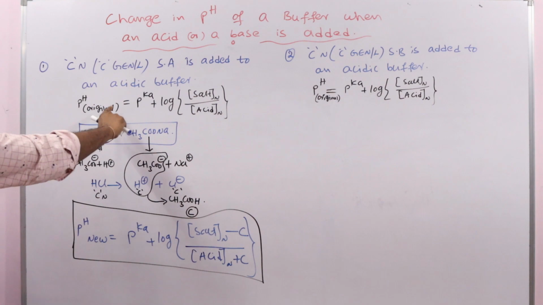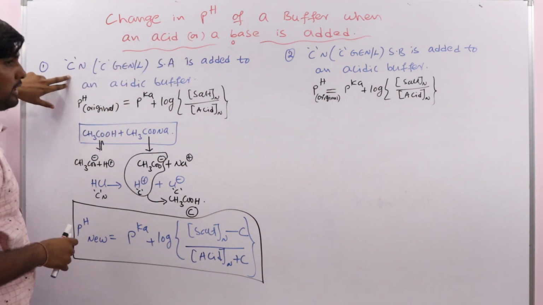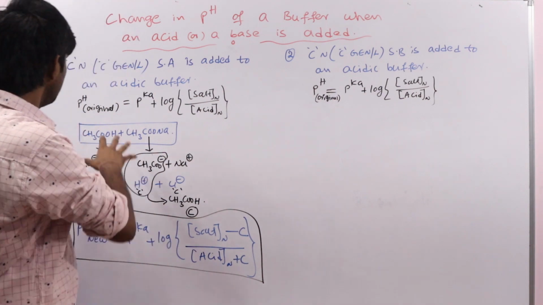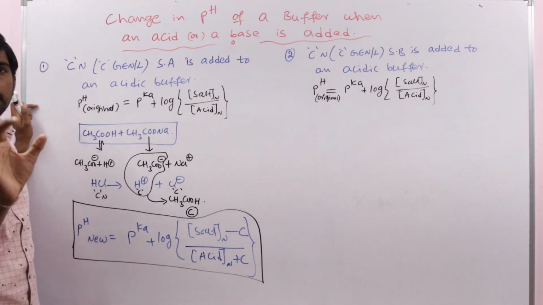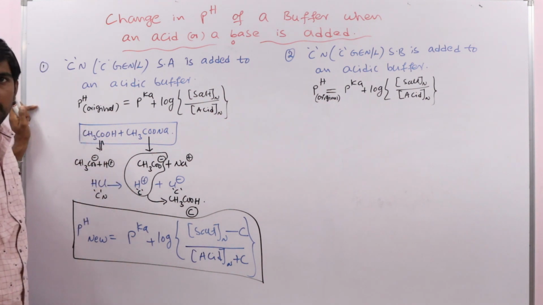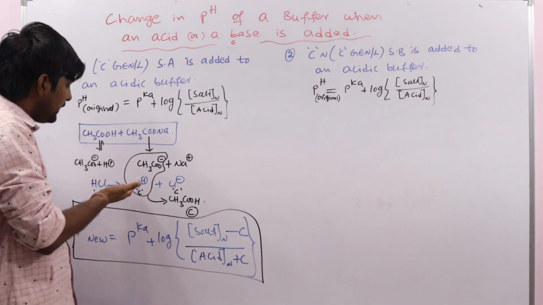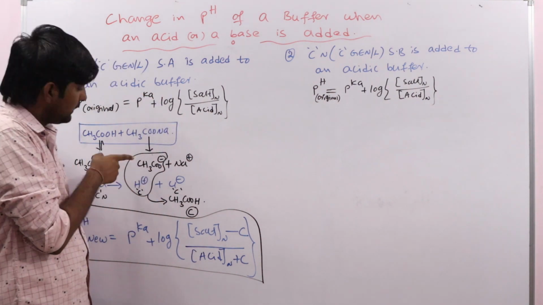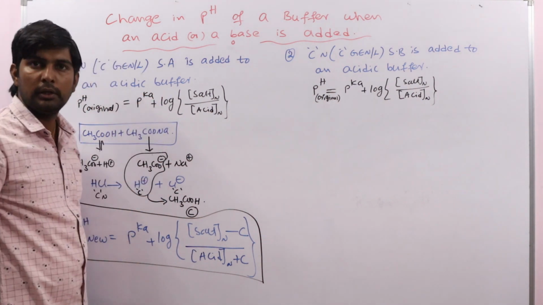Yes or no? For that, they will provide in the examination how much concentration of acid is added. So when acid is added, simple thing, yes or no? The acid's H plus ion does not react with the weak acid. Yes or no? Ultimately this H plus ion reacts with the anion, that is the acetate ion. It is coming from the salt. Yes or no?